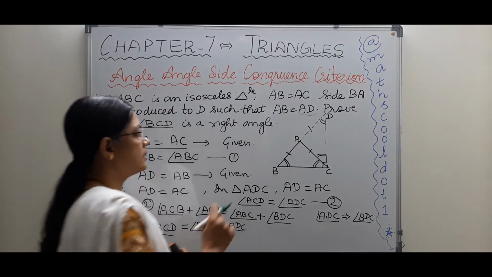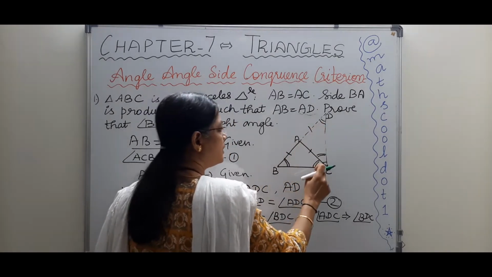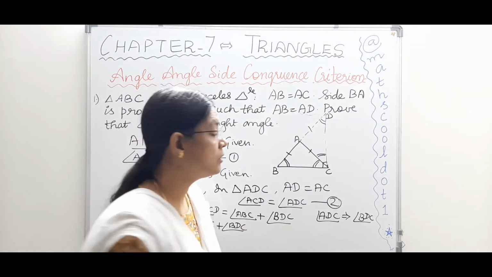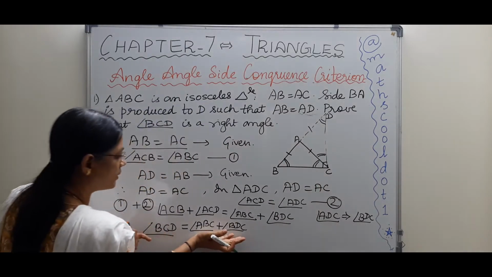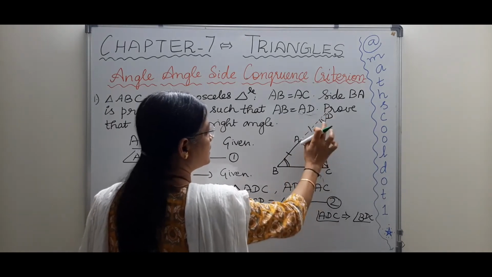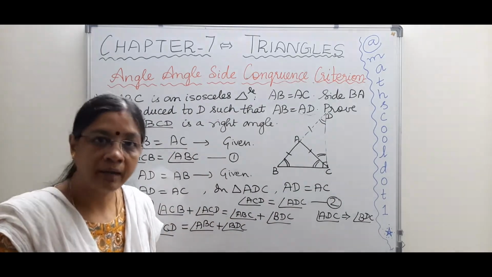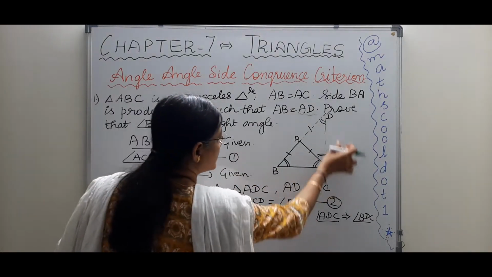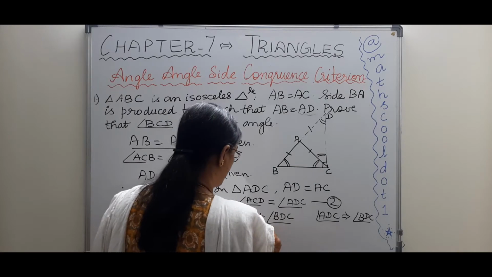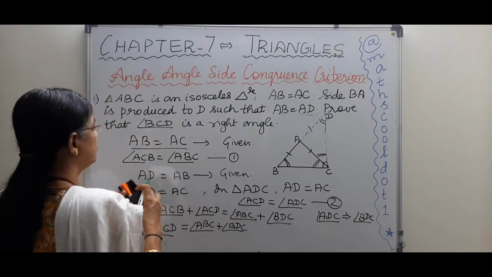For that, in this triangle BDC, what is the sum of the three angles in a triangle? Yes, it is 180 degrees, isn't it? In this triangle, we just have two angles, ABC, this angle, plus BDC, this angle. This angle BCD is missing. So to get 180 degrees, I add this angle BCD on both sides, to the left and right. So I'll write it here for you to be very clear.